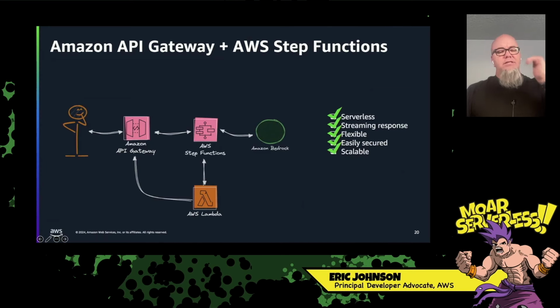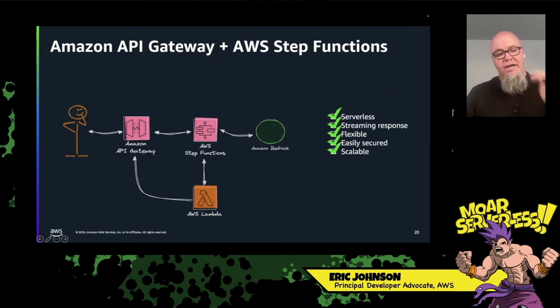We're going to have Amazon API Gateway talk directly to AWS Step Functions. It's going to take the request coming from the customer and pass it to Step Functions. Then Step Functions is going to process this. Once it collects all the information, we're going to talk to AWS Lambda, and the Lambda function will then build the prompt, call Amazon Bedrock, and then return through Amazon API Gateway through